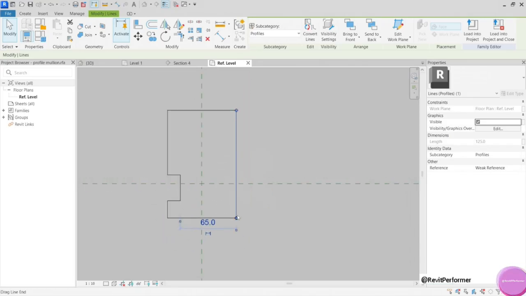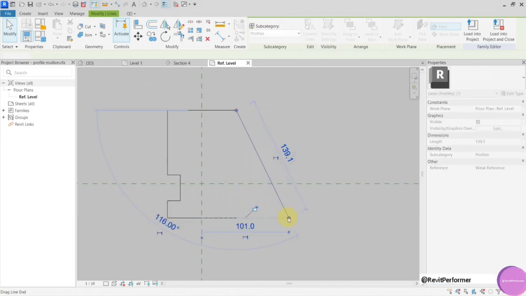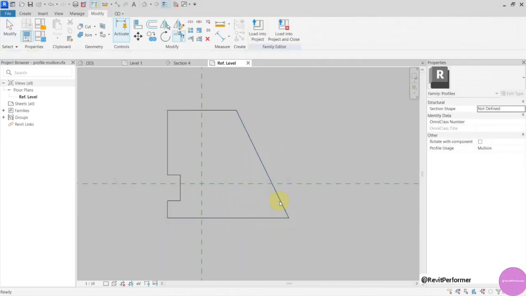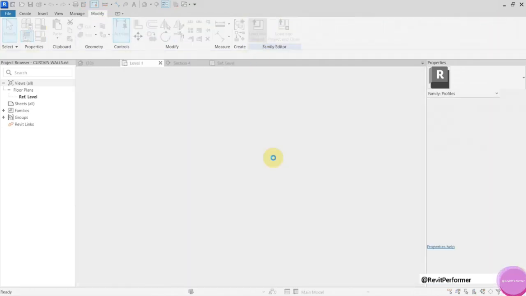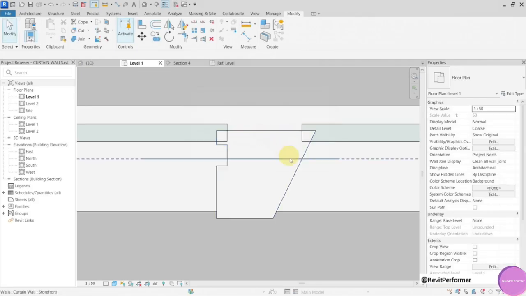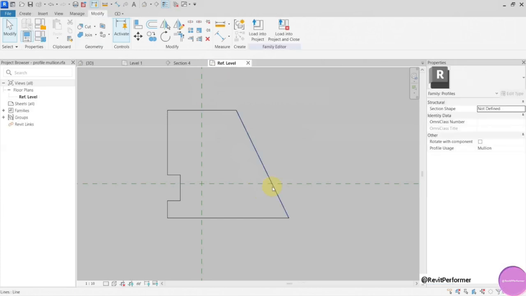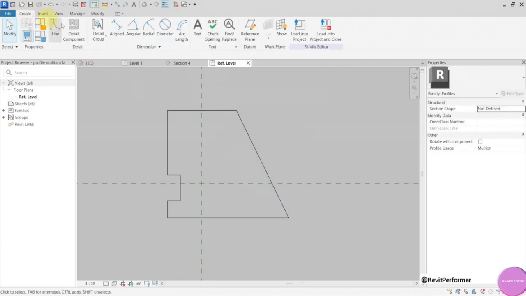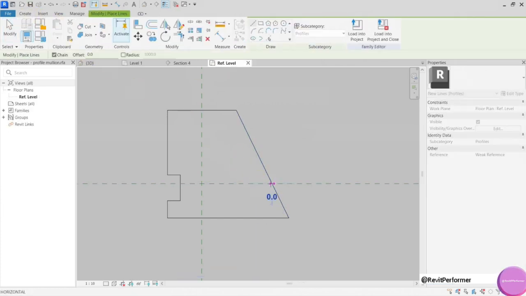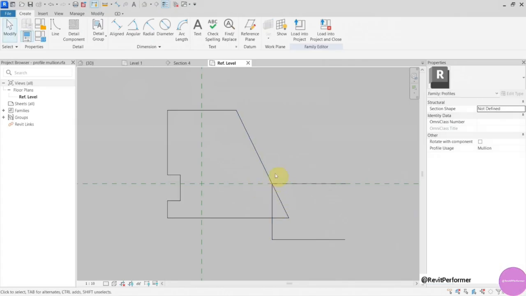Let's imagine that I would create something like this for you to be able to see it, and load into the project. And now if I go back to the family, this spot will be the spot the curtain wall panel will go up to.